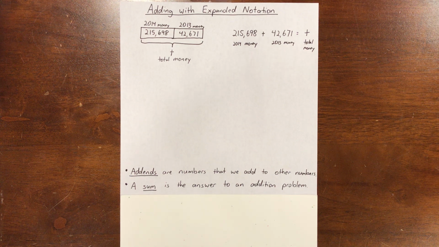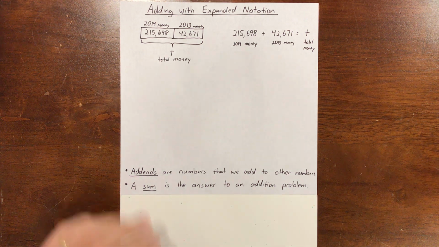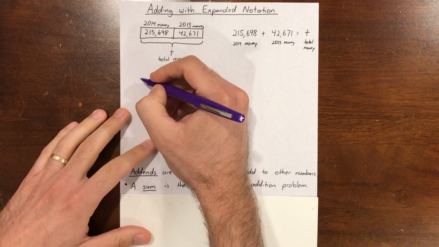Yeah, we have to line them up in order to add correctly. We need to add ones to ones, tens to tens, hundreds to hundreds, and so on. And if we don't line them up correctly, then we're not going to be able to keep track of what we need to regroup, and our sums are not going to be accurate. Okay, so I'm going to go ahead and write the numbers in expanded notation, being careful to line up the place values. So we've got